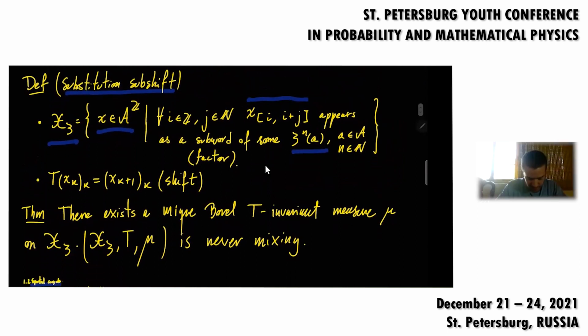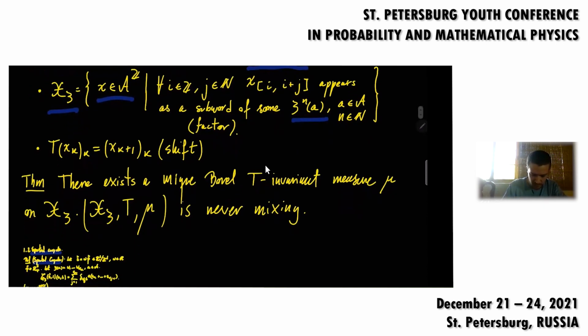So the theorem tells us that there exists a unique Borel T-invariant measure for this space. In particular, the system is ergodic. And another result is that such a system is never mixing. Okay, so that leaves us with the case where we can study eigenvalues of this system, and also